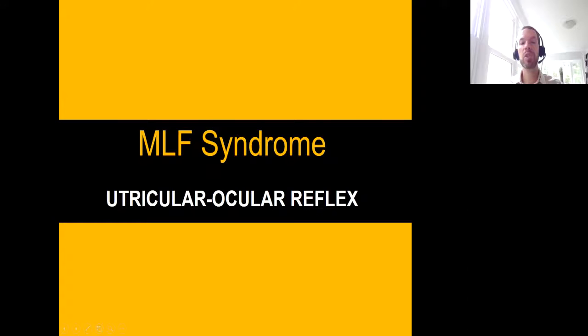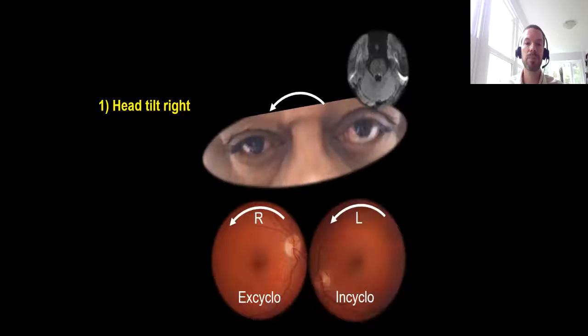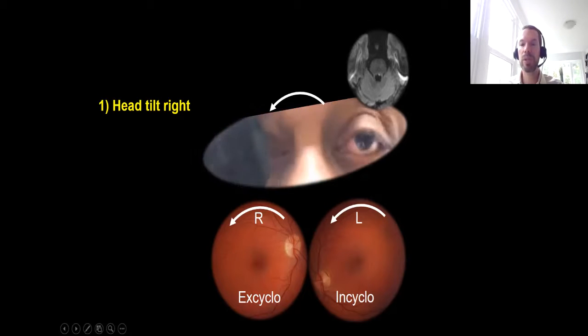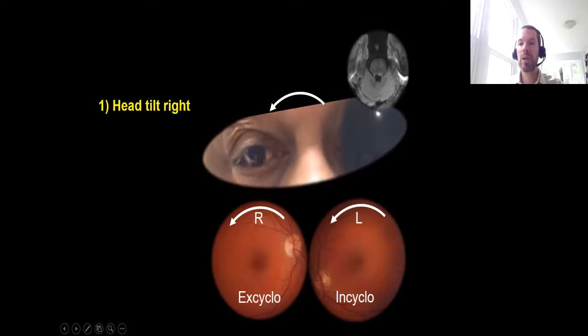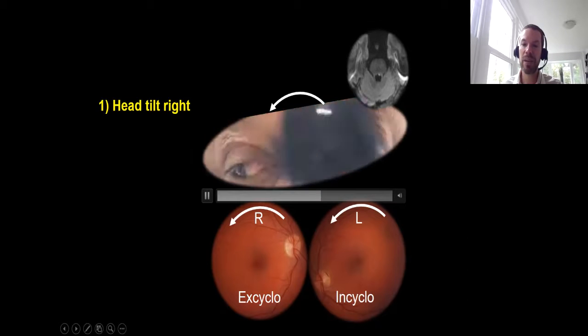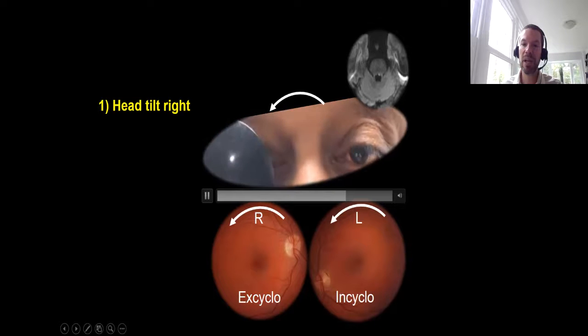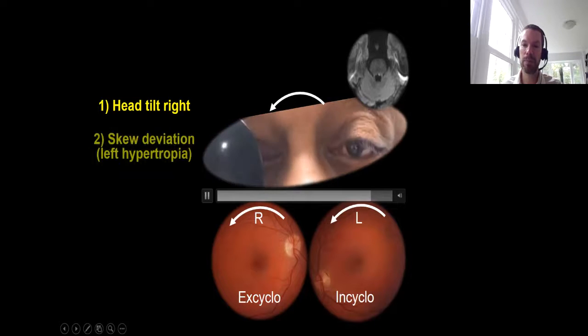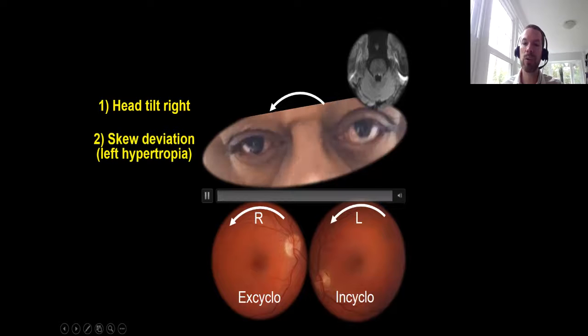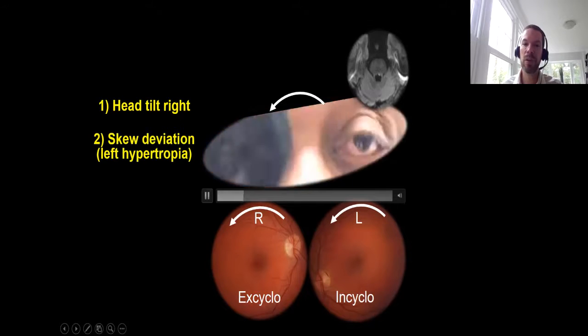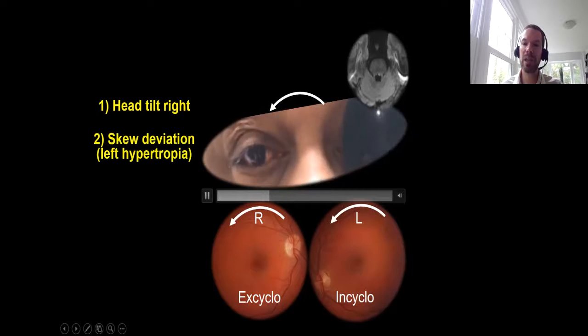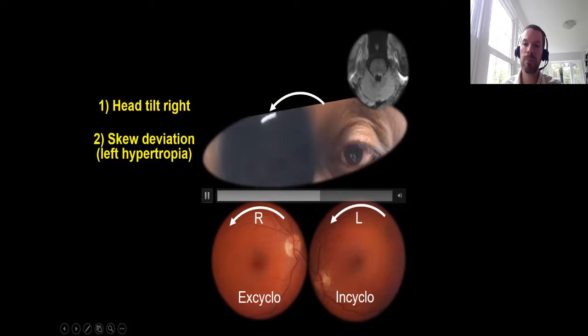Okay. So what about the utricle-oculomotor pathway? We talked about what happens in the lateral medulla. So in this situation, now we are above the decussation. So this patient, this same patient who has a left INO, also has a left hypertropia and also had a rightward head tilt. So now we see that left eye come way down, left eye comes way down,